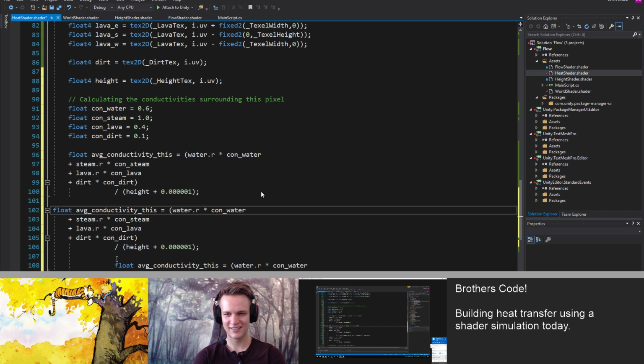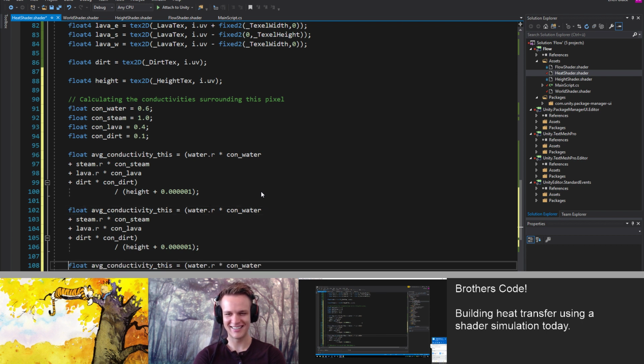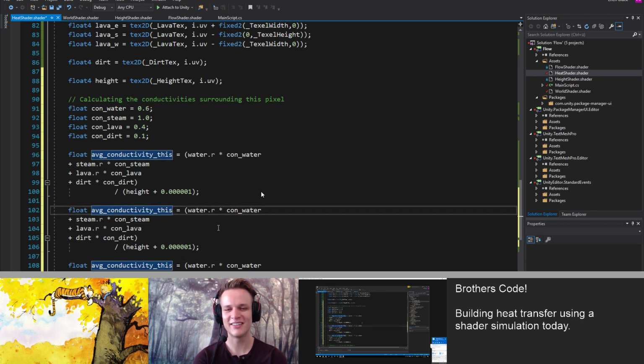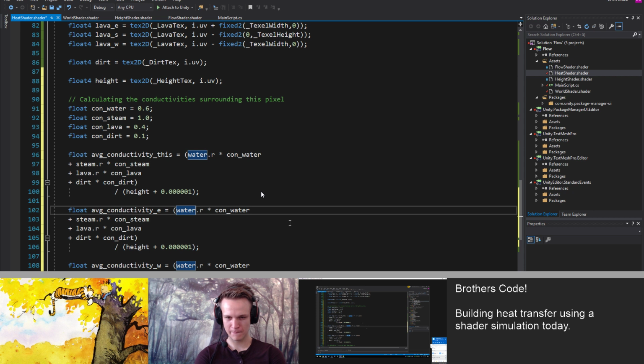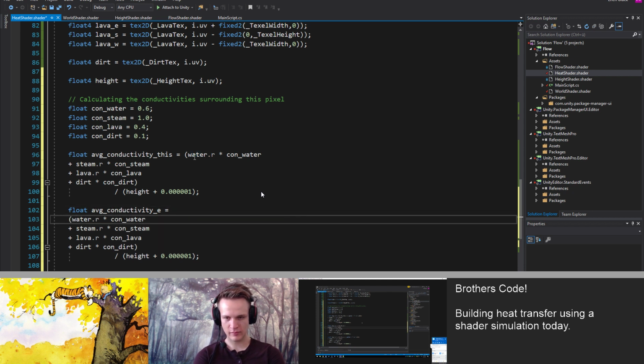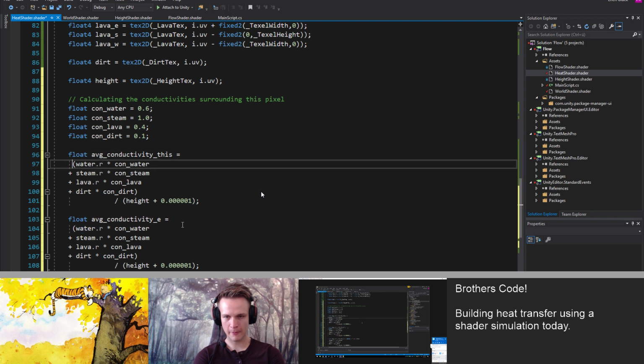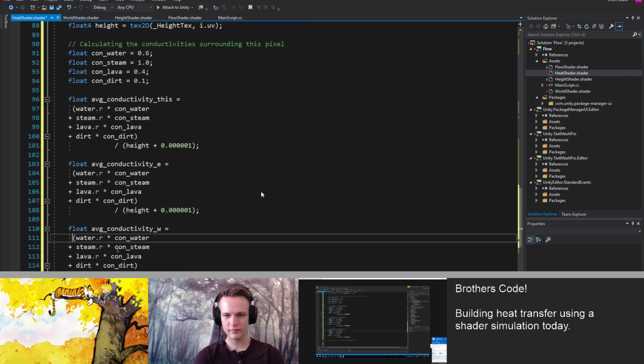Good coding practices right here, kids. Don't try this at home. So we have east and west. We're just going to do it like this. Keep it neat. Keep it tidy. Can't really do that, but whatever.